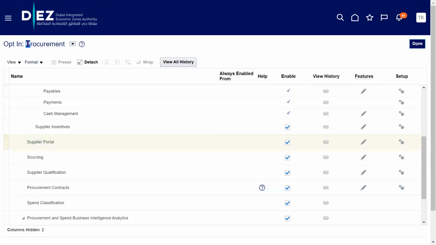So under the main offering, you can also select the submodules. Whichever submodules the client has taken the license for, those modules you have to enable. Otherwise, by default, they get disabled in the real application. By default, they are disabled. So whichever modules that you have licensed, you have to enable them. And whatever modules and offerings that you have enabled here,